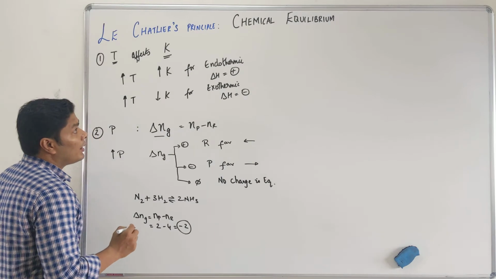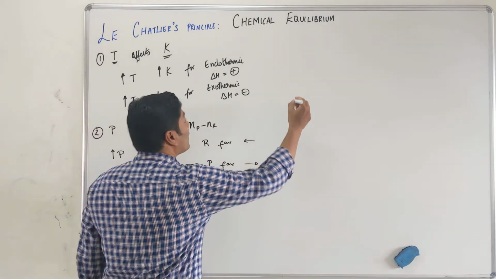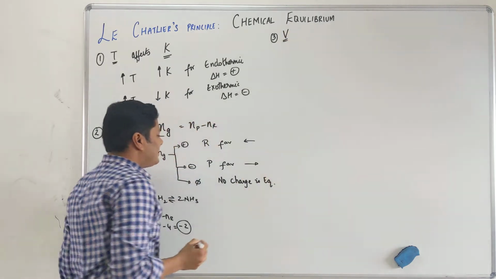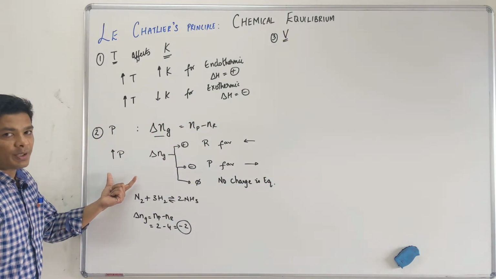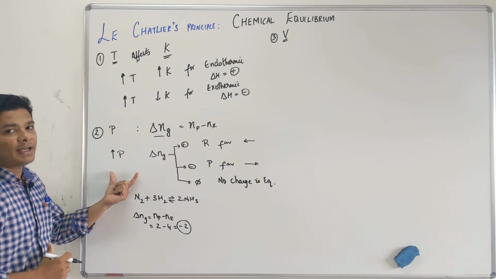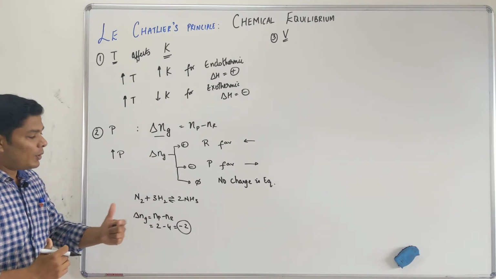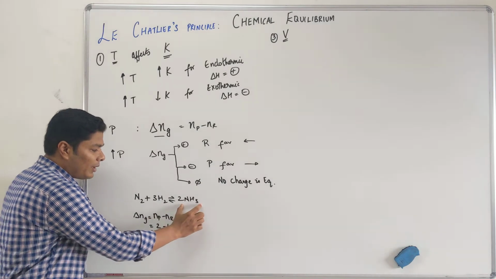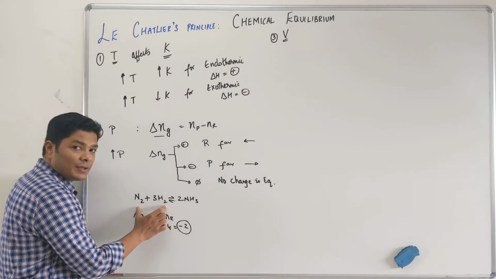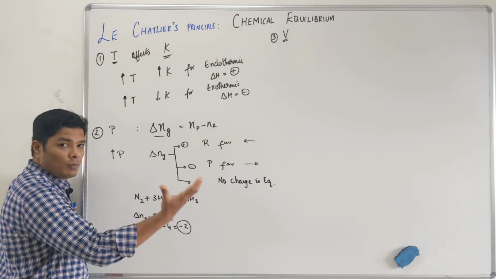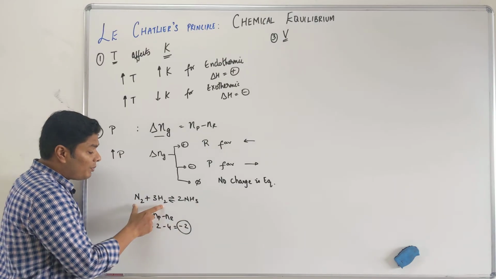Okay. Now volume. Volume is the exact opposite of what you do with pressure because pressure and volume are inversely related, Boyle's law. So whatever you see with pressure, the exact opposite will happen. Look at it this way. There is a difference between a place for 2 people and a place for 4 people. For 4 people, I need more volume. Okay. So if I increase the volume, 4 people can live happily.